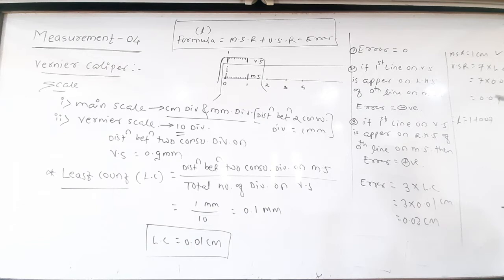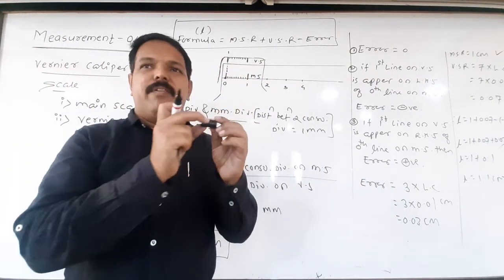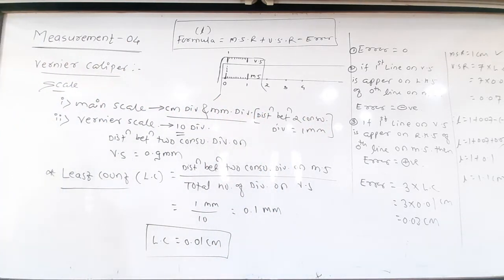And it has been observed on the left hand side, means negative error. So minus of minus, how much? 0.03. So length equal to 1 plus 0.07 minus minus plus 0.03. So therefore it is equal to 1 plus 0.1. So length is 1.1 centimeter. See here, we have measured the diameter of this cap. How much? 1.1 centimeter.